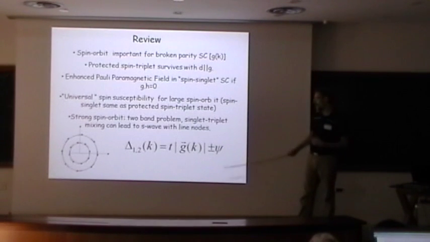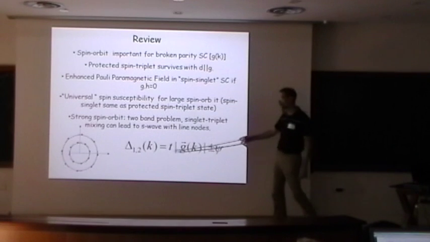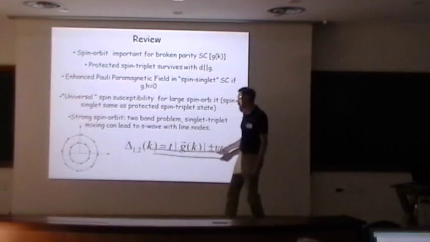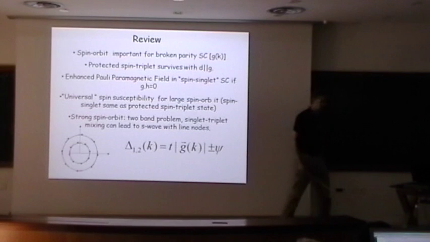Now, for pedagogical reasons, I actually wrote this formula slightly wrong in the equations. As a little exercise, you can see what was wrong when you look at this. I gave you a 2x2 matrix for the pairing interaction in terms of this two-band theory, and I said you should write the gap like this. If you look at it closely, you'll see this isn't right. And I'll let you do that as an exercise to figure out what isn't right about it.